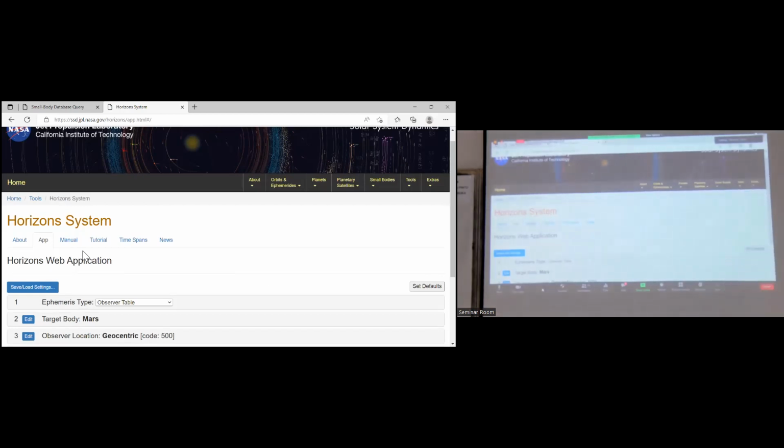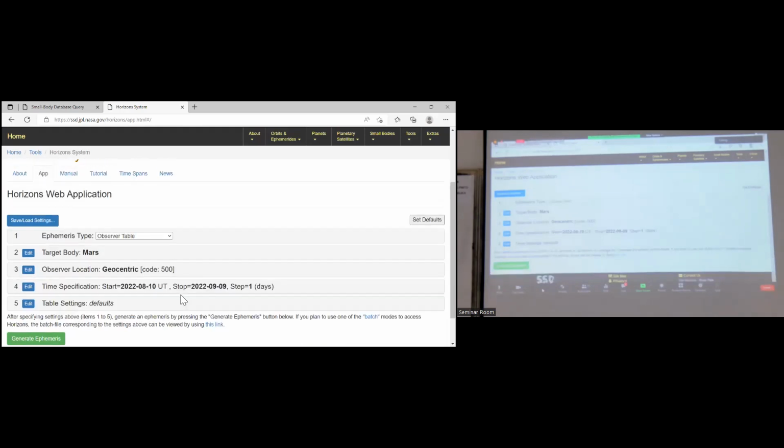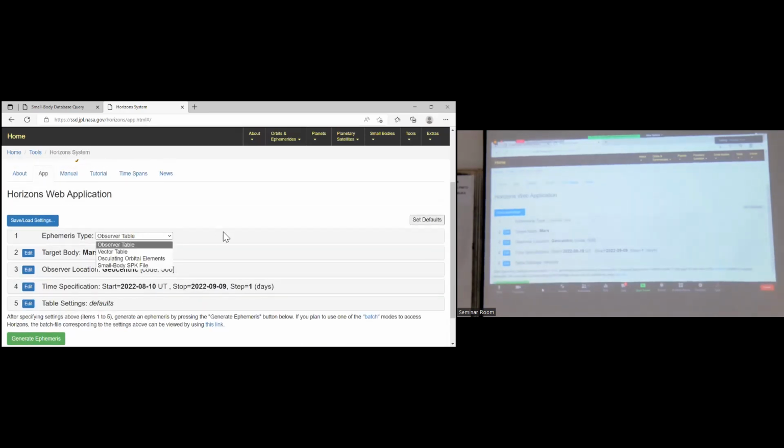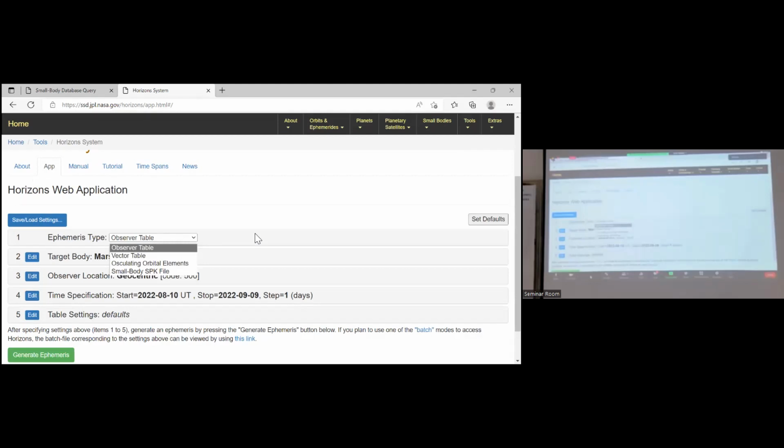Now, carefully, you select this. If you want to observe an object, you should click observer table. But now, you do not want to observe, right?